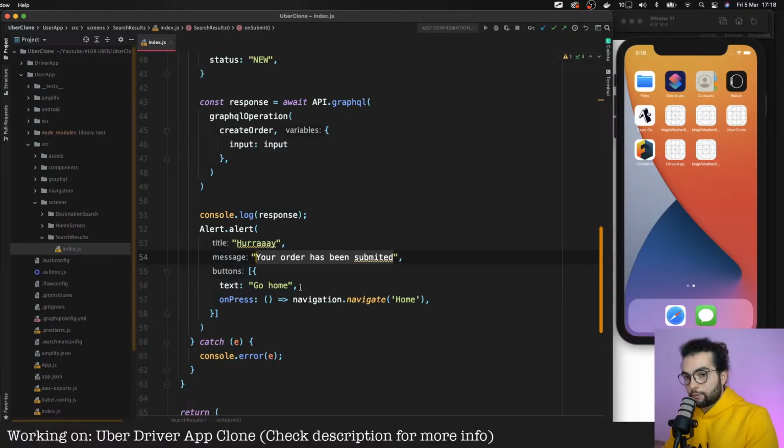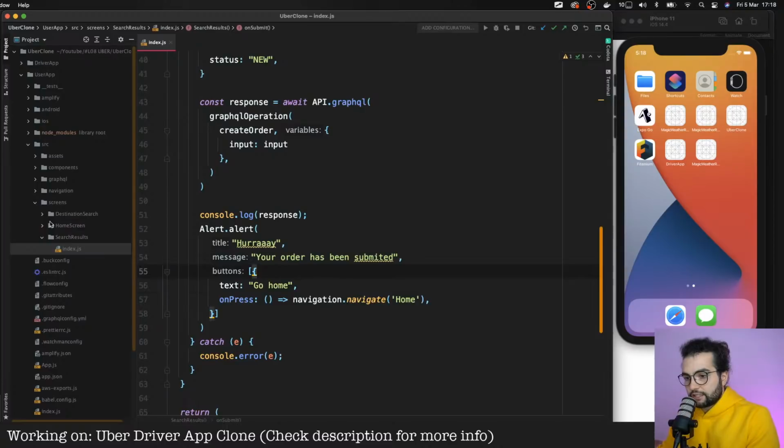And after one driver takes this order, we will see the car position, and then we will be able to subscribe to updates to that car and update the car on the map.